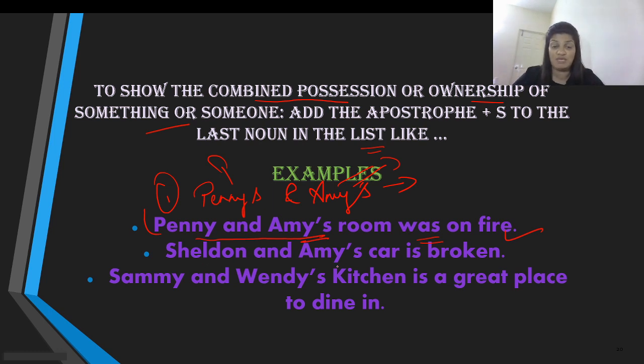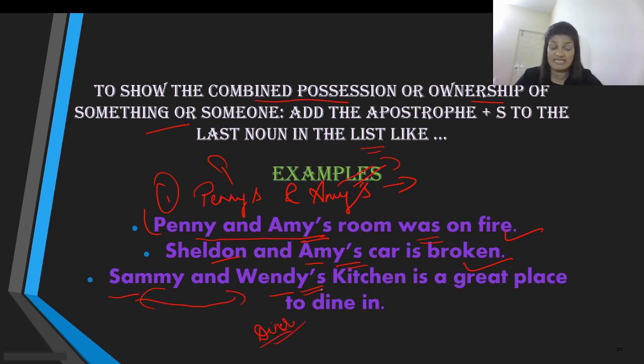Sheldon and Amy's car is broken. Now there is one car and Sheldon and Amy both use that car, one car. Both of them are the owners of the car. Therefore, Sheldon and Amy's car is broken. Sammy and Wendy's kitchen is a great place to dine in. So Sammy and Wendy, both of them own one diner. Therefore, we say